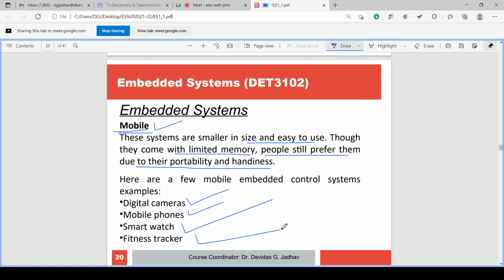Next is mobile phones. As discussed, we have discussed many times, we know and we are using the mobile phones. So mobile phones are basically connecting two persons, two hotspots together, for voice call or video call. Nowadays, but before that, a voice call.